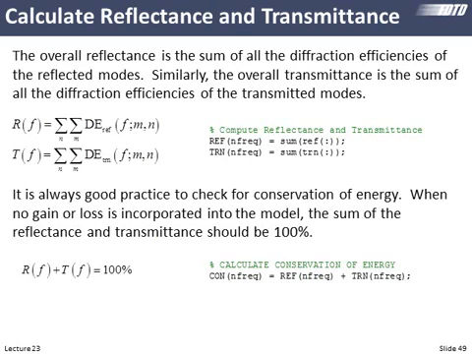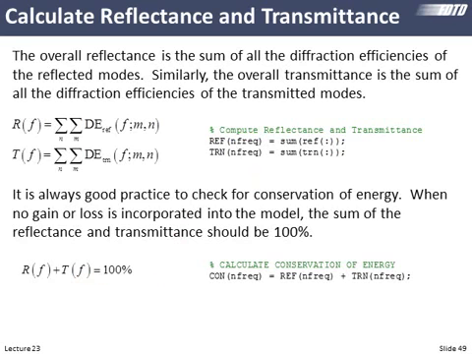Then we add them up. If we add up all of the diffraction efficiencies for the reflected diffraction orders, we get overall reflectance. And if we add up all the diffraction efficiencies of the transmitted diffraction orders, we get overall transmittance. So that's real simple to do in MATLAB. And then a real good thing to do is to add the reflectance to transmittance and make sure we get